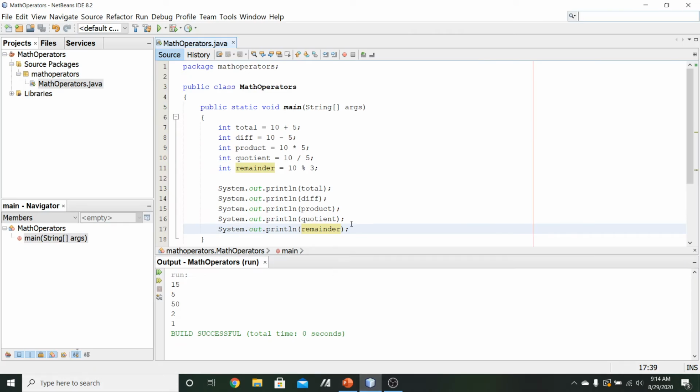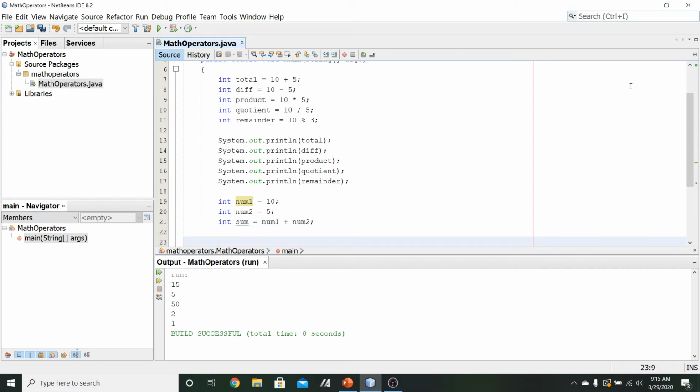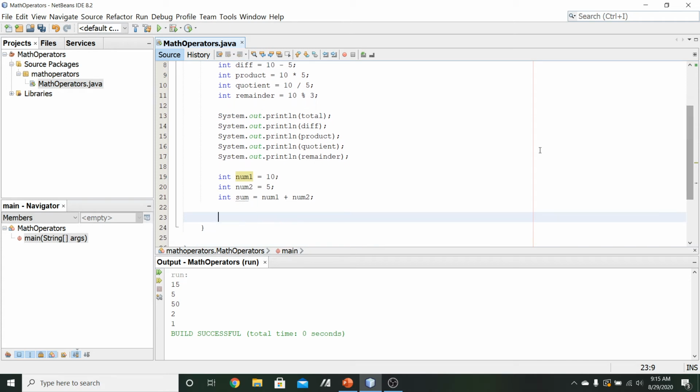So let's say underneath these 5, we'll start another portion for this example. So we've got int num1 is going to be equal to 10, we've got int num2 is equal to 5, and then we've got int sum, and that's going to be equal to num1 plus num2. And then right here, I'm going to write in a slightly more complex statement that I want to print to the console to get each one of these. So we're going to say